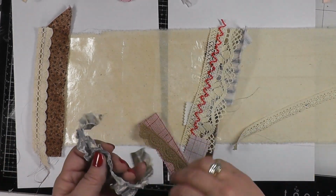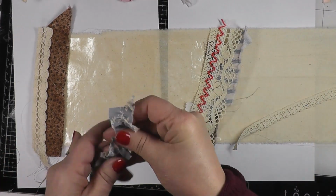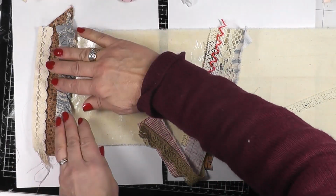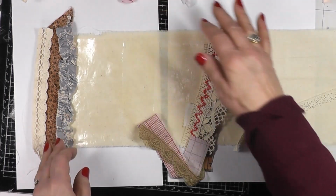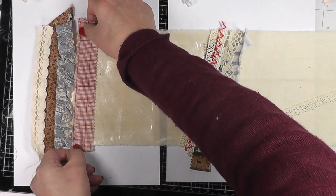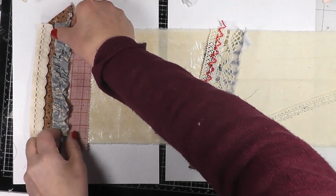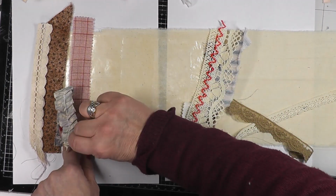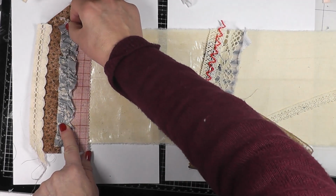Just keep going like that. This trim is not going to stick up in a nice gather, it's going to sort of be flattened because we have to iron this. The next step is going to be ironing. Here's some cute fabric. I'm going to put that under there. Leave just enough room so that I can hopefully catch the heat and bond